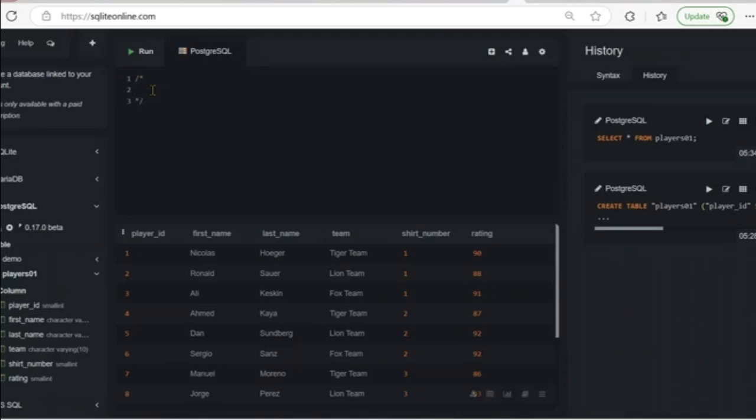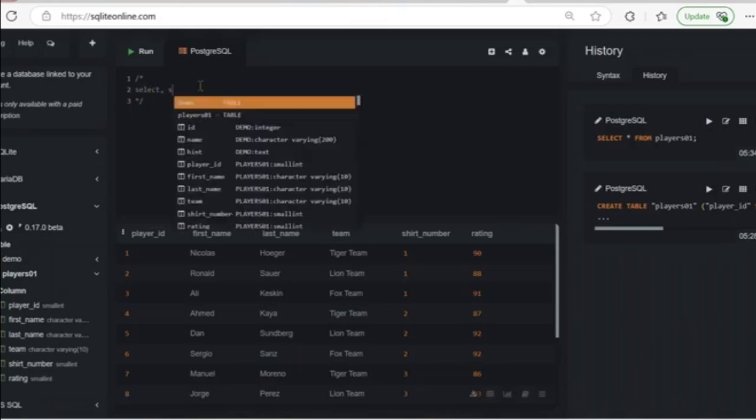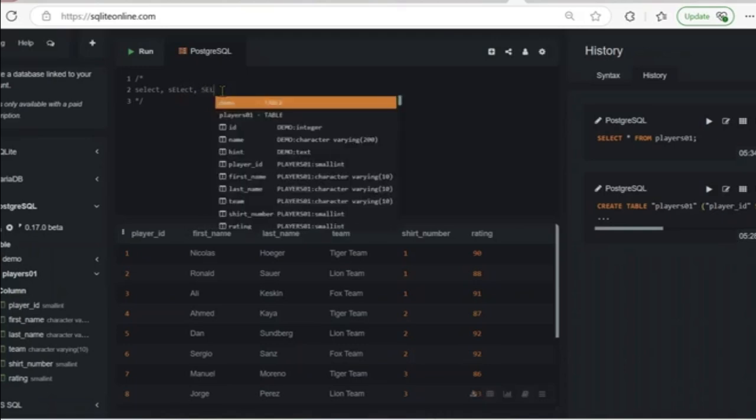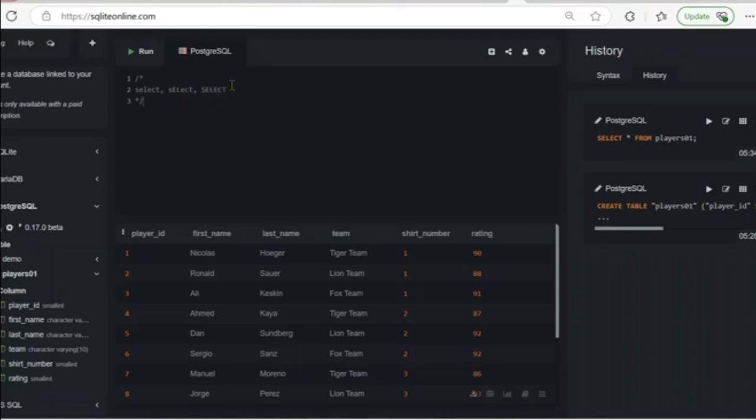SQL does not follow a specific rule. I may say select, use small letters. I can say select. SQL will respect all of this. And I can also say select and whichever way I want to write. But